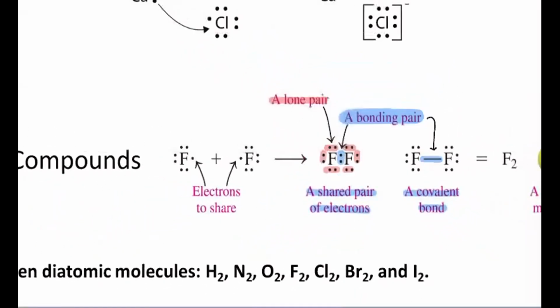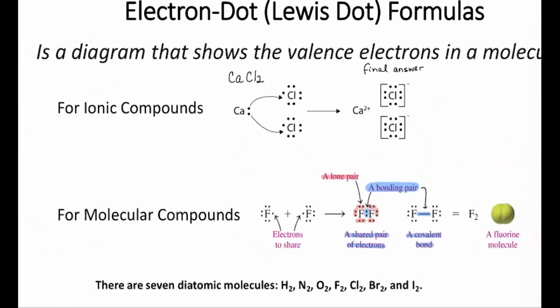Now, I want to make sure that you guys know that fluorine is not the only element that can be found as a diatomic molecule, okay? Hydrogen, nitrogen, oxygen, chlorine, bromine, and iodine are also elements in the periodic table that, whenever we find them, are going to be diatomic molecules. This is something that you guys need to know for the exam, because when we do reactions in the next chapter, you need to know,